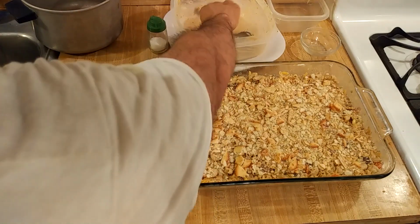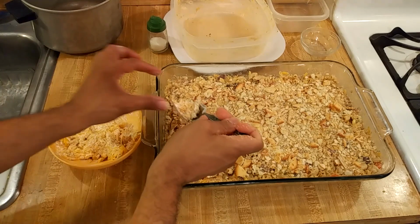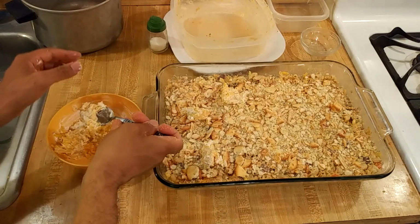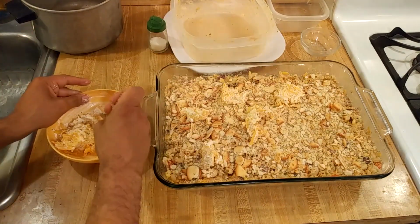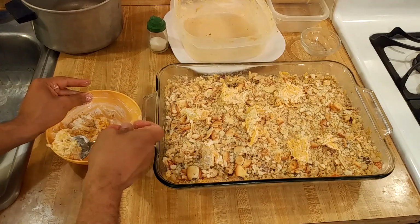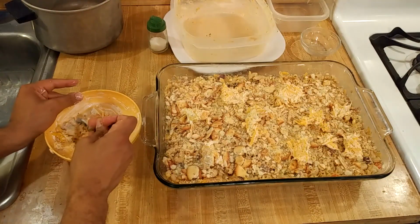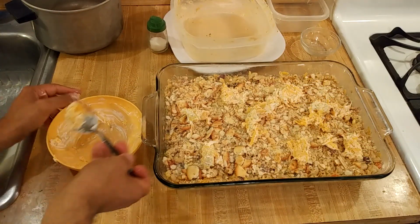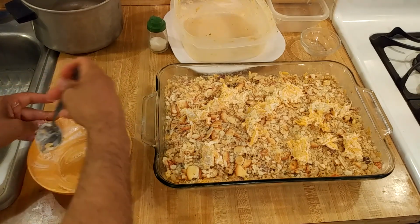So the crackers are on top. Now I'm going to take my cheese and sour cream mixture, and I am going to put it in blobs over the top. Usually this is enough for an 8x8 casserole dish. I know this has bigger surface area, so it's not going to cover it quite as nicely. So I might have to go through with my fingers and crumble it like cheese. But I'm sure it will all turn out